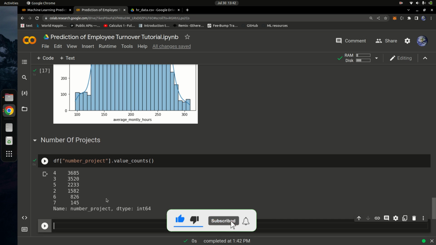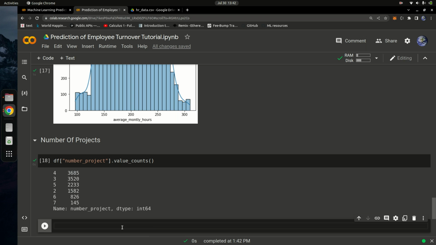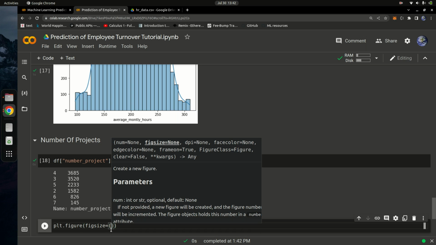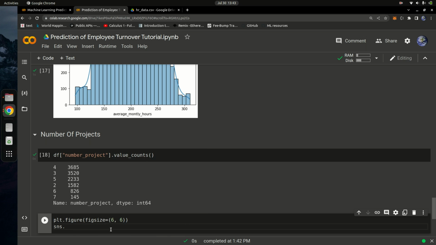So let's try to get the value counts of number of projects. So we have 4 projects, 3 projects, others have done 5, others have done 2 projects, others have 3, others have done 7 projects. Okay, so I want to go ahead and visualize this using a bar graph. Okay, so you can see the number of projects people are doing and its rate. So I'm just going to do plt dot figure, create a matplot figure. I'm going to say fig size, and fig size is going to be equal to the following. So I'm going to simply say 6 by 6, and then I'm going to simply do sns dot count plot,